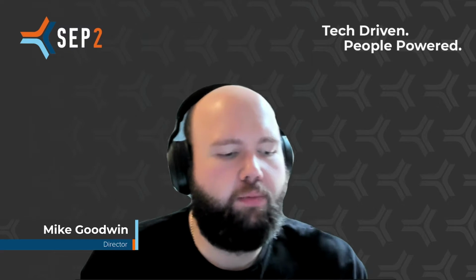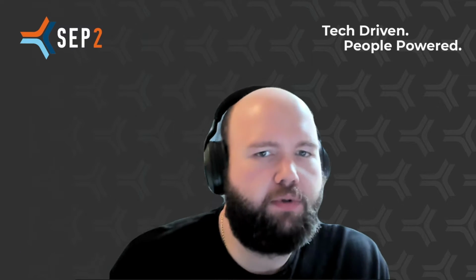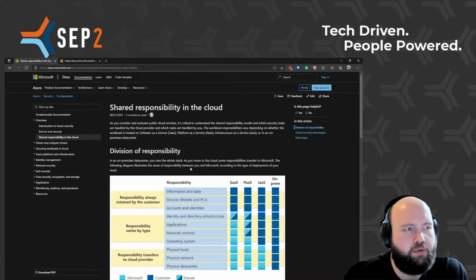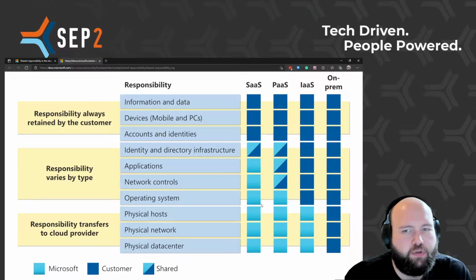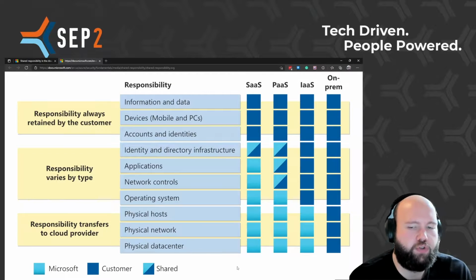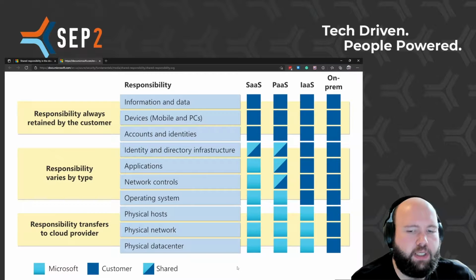Today I want to be talking about the Cloud Shared Responsibility Frameworks. So what this is, I'll bring up on screen here a Microsoft documentation, so very much specific to Azure, and I'll just zoom into this picture so we can see it a little bit more detailed. This is what Microsoft provide to you as a customer of Azure, which explains exactly how they see a shared